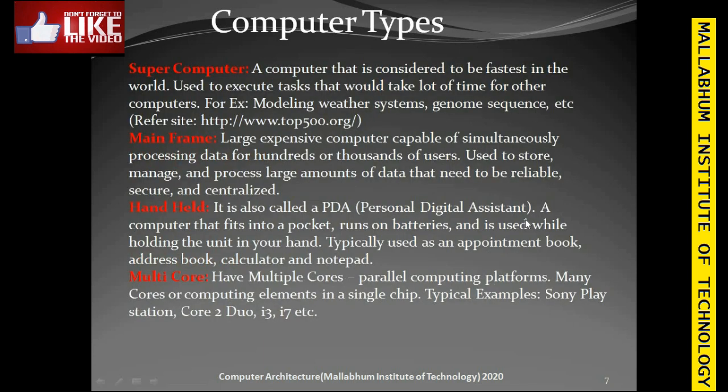Next is the supercomputer. This is the class of computer, the most powerful and most expensive computers available today. This computer is designed to perform fast using multi-processing and parallel processing. Multi-processing means it can perform different types of tasks at the same time. Also the parallel processing, the same meaning, the techniques. This machine is specially used for complex scientific applications like weather forecasting, satellite launching, climate research, nuclear research. Popular supercomputers are Cray, Cray 1, PowerPC, etc.